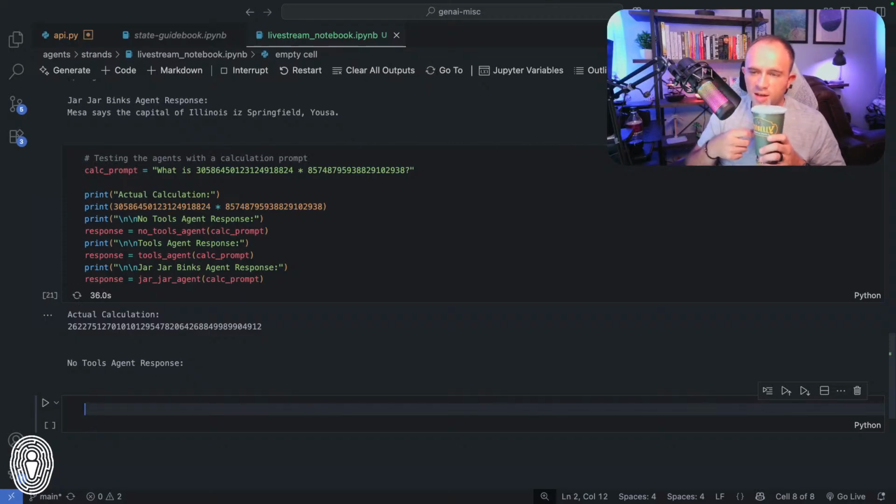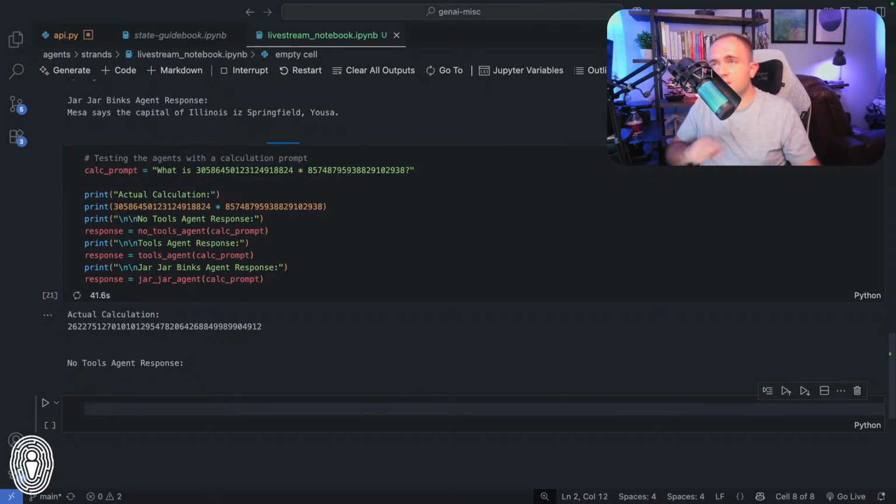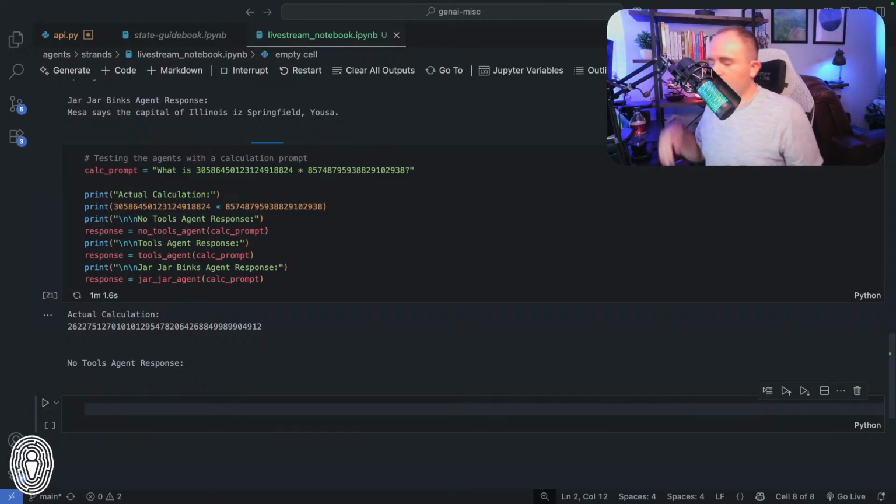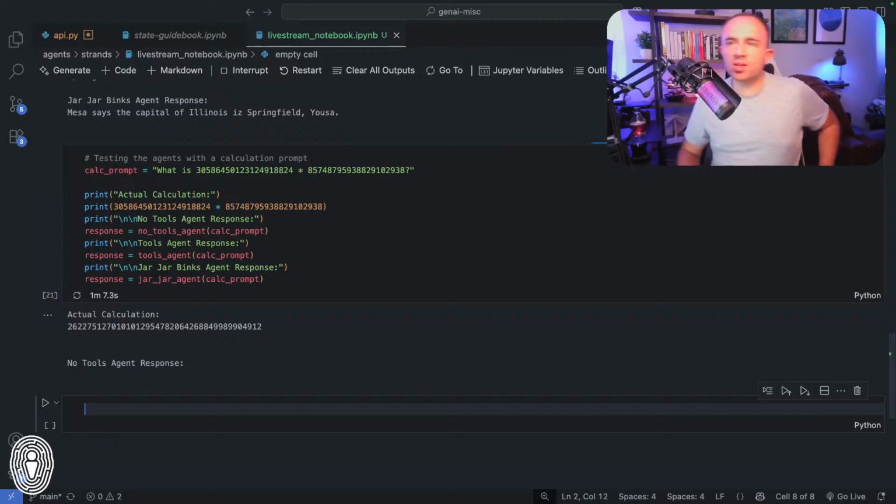By the way, drink of the day: I did go to Potbelly for lunch, and oh my gosh, Potbelly, at least here in Bloomington, has the best Coke Zero, hands down. So if you like Coke Zero, definitely go to Potbelly. But I already finished the Coke Zero, so I went out to the gas station and got some cherry Coke Zero. I've been calling this my drink of the summer because I drank this basically all summer, to the point where I've almost burnt myself out on it. So anyway, let's allow this to continue to run, and we'll see what the results are in a second. I'll take a sip of my drink.